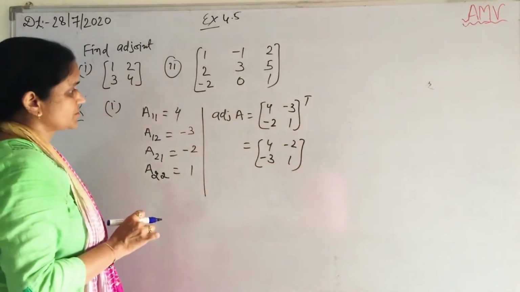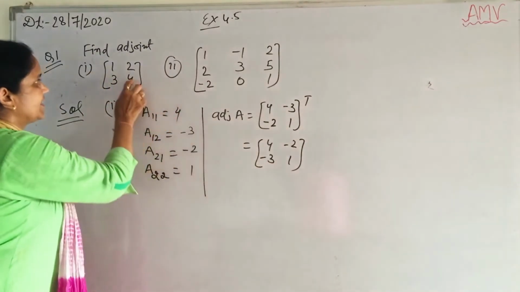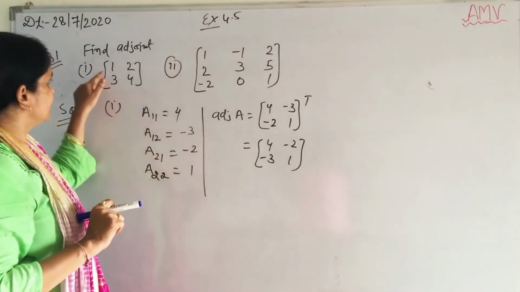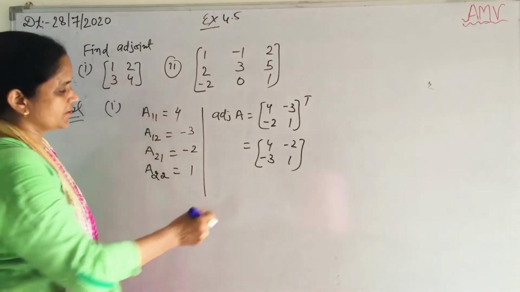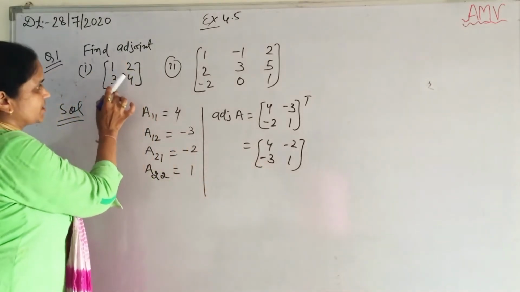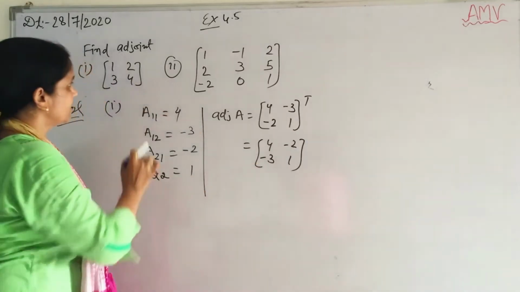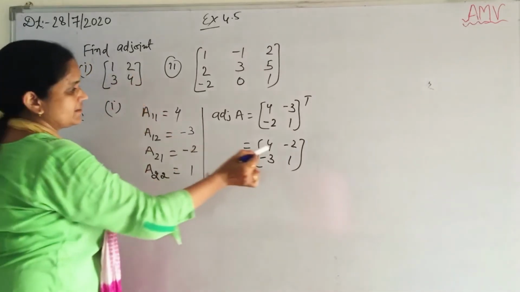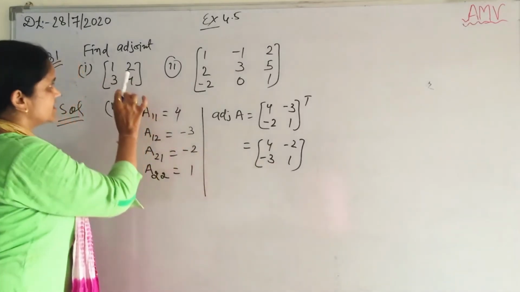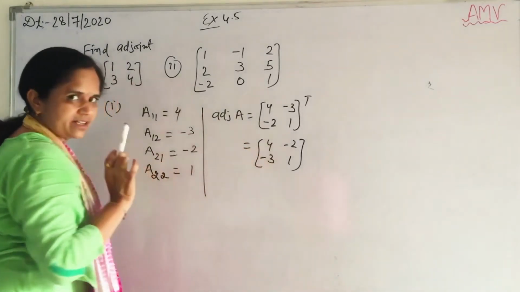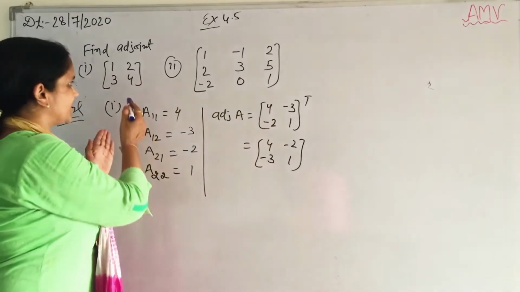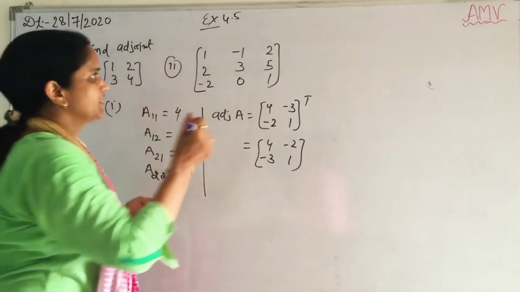Okay. And now, students, have a glance at the question and the adjoint of A. Here see 1 and 4 on the first diagonal. This is only an interchange: in place of 1 it's 4, and in place of 4 it's 1. And for the second diagonal, here it's 3, here it's minus 3. In place of 2 it's minus 2. So directly for an MCQ type question you can find the adjoint. Okay, let's see.